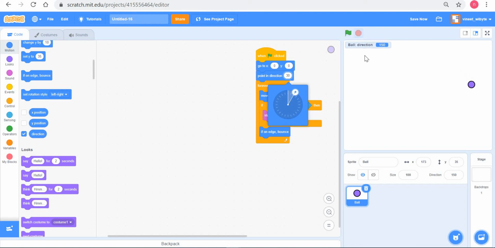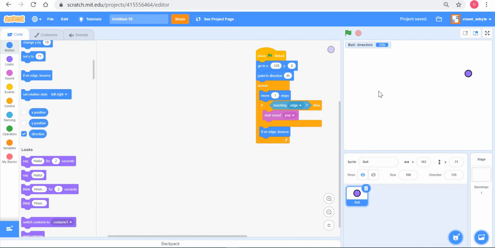Let's try one more number. Let's say I try 45, right? So now maybe 45 is a bit too much. The reason it's too much is because the ball is going to hit this corner, right? So it's going to get a little bit confusing. So for 45, I'll make the ball start from slightly more left. Let's say I make it minus 100. Now it's going at 45. I want you to notice what happens once it hits this surface and bounces off. Pop sound, bounced off, the direction has become 135, right?